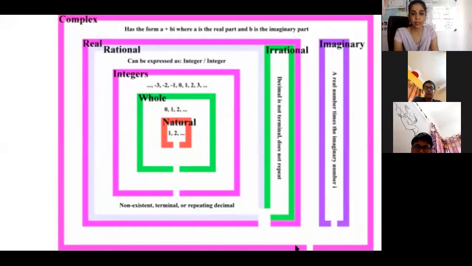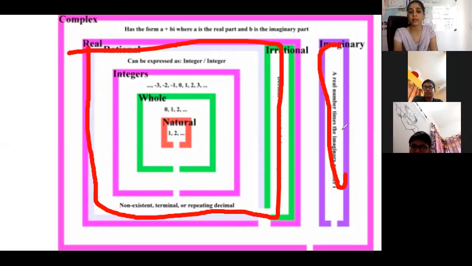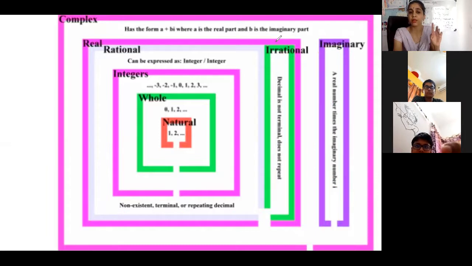Okay, let me explain. In this, a few things may be new. Complex you both had written. I've seen your notes, so you both have completed it: natural, whole, integer, rational, real. This much you have covered. You can see that in this real set, imaginary is out. Real and imaginary are two different sets with no intersection. That means they are basically two different numbers which are not coinciding.